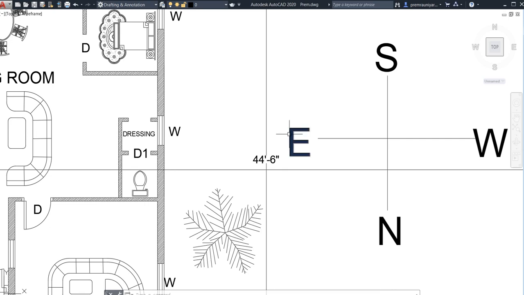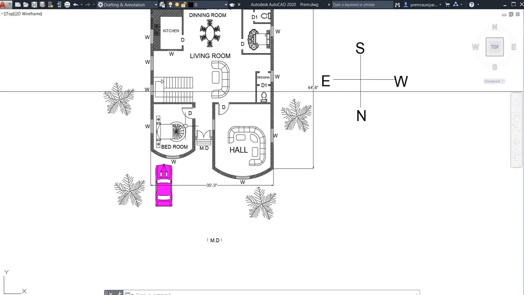So if your facing is east, then left of this east will be the south. So before crossing the middle, you need to keep your puja room like this. Here you need to keep the puja room.